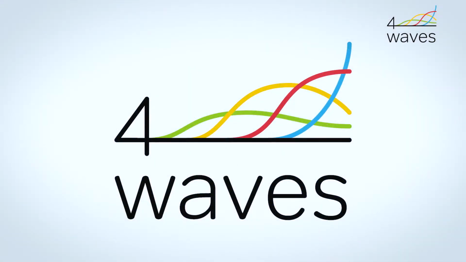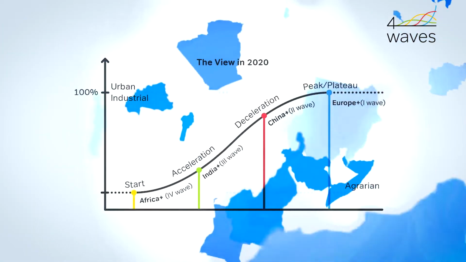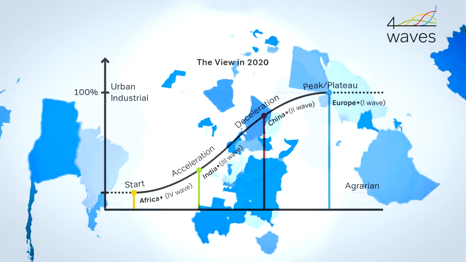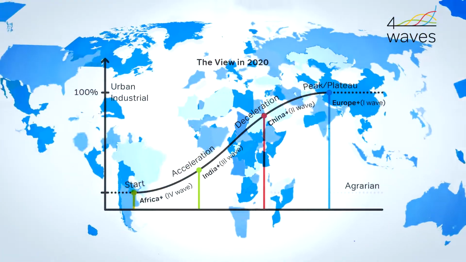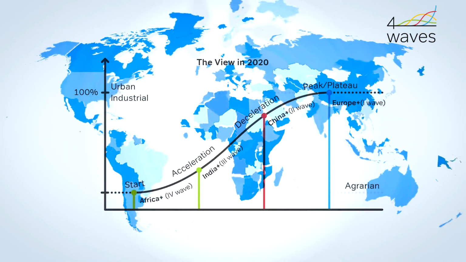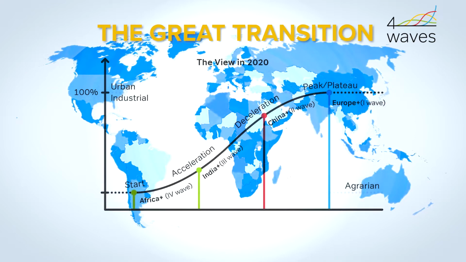In this introduction to the 4Waves approach, we hope to share a new and practical perspective on all these issues and more. The 4Waves approach divides the world into four vastly different groups of countries or economies. This difference can be explained by one primary long-term trend: the great transition from an agrarian to an urban industrialized